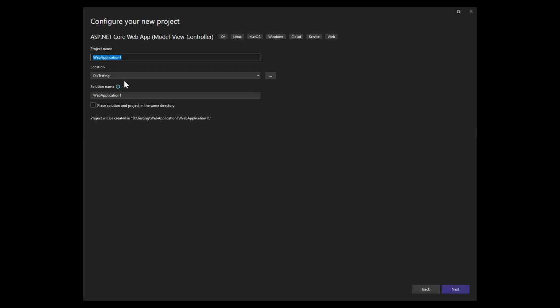Click on next, give it a name. I'm giving MVC EF because we are utilizing the model view controller with entity framework. Okay,